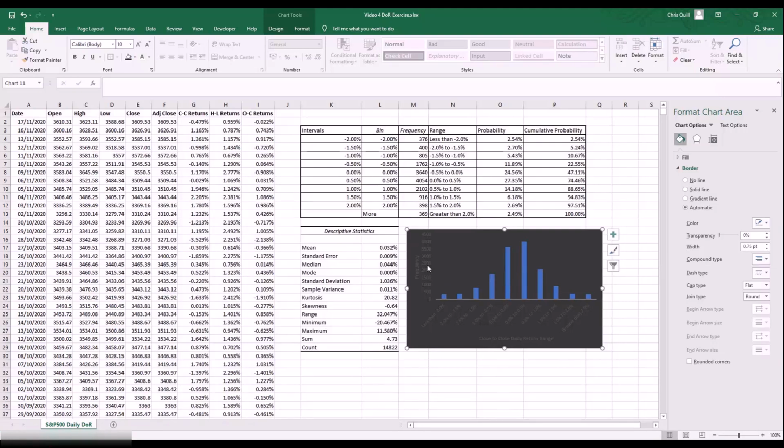So for example, if we click on our vertical axis labels, that puts a box around that selection. We know that means that we selected that box. And then on the home tab, we could just change the font color using this option up here. Click the drop down box and then select white. We can do the same for all of our other labels and titles, just by cycling through them, left clicking on them, and then going back to changing the text